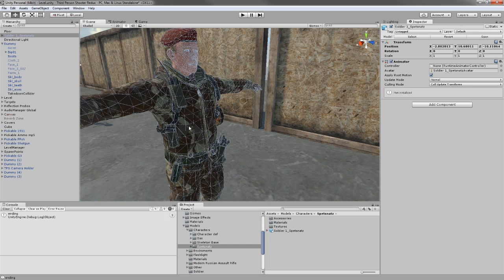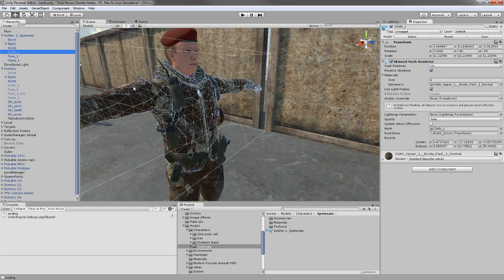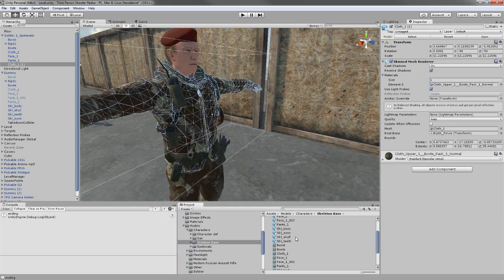Okay, if I go now into his cloth, the mesh that has the cloth, or it doesn't actually need to be the actual cloth, just a skin mesh renderer that has the root bone and all that, if I duplicate it. Now it's important to make it a duplicate because there is a Unity bug that if you create the game object and you create the skin mesh renderer, sometimes, even if you assign everything correct, the animator will not bind into that game object. Okay, if I duplicate that, I can go now and change the mesh with the one I'm using,